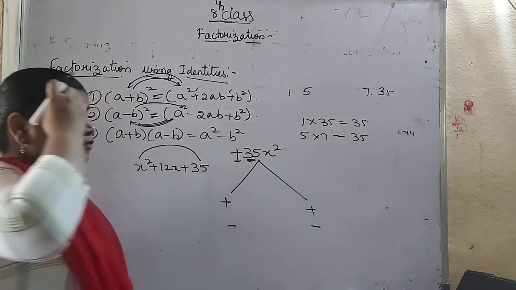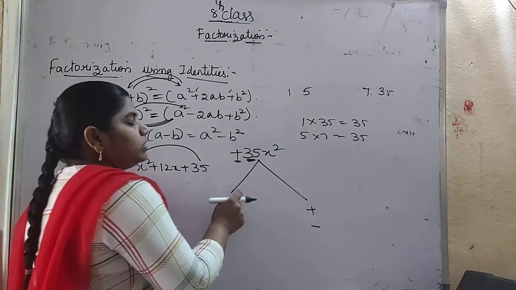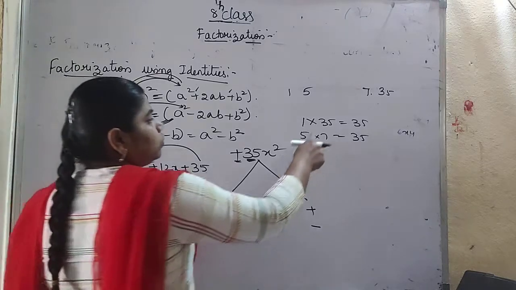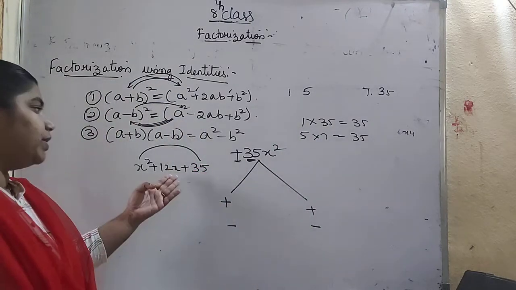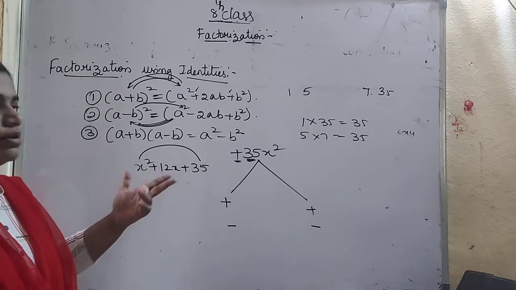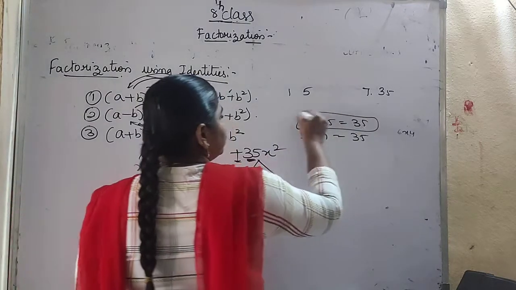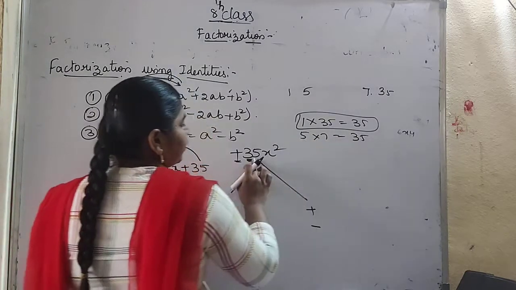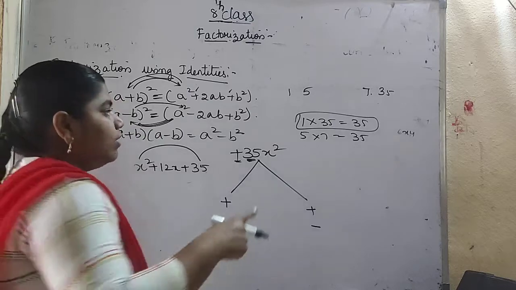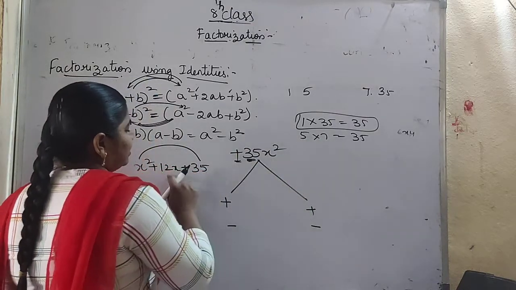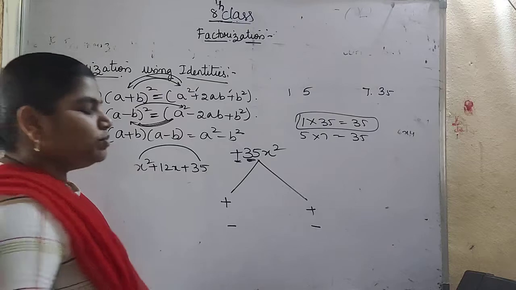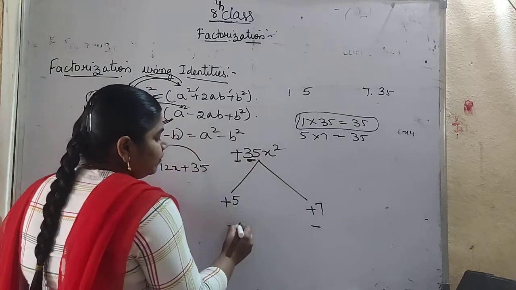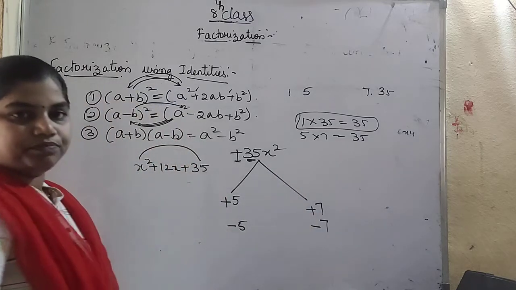So what I told, if you multiply the terms, it should be equal to 35. If you add the terms, it should be equal to 12x. So 35 plus 1 is what? 36. But here we are having 12x. So we can't take that first. These factors we can't apply. So next, 5 7s is 35. If you multiply, you are getting 35. 5 plus 7 is 12. So both the conditions have been satisfied. So here I can take 5 7 times is 35.